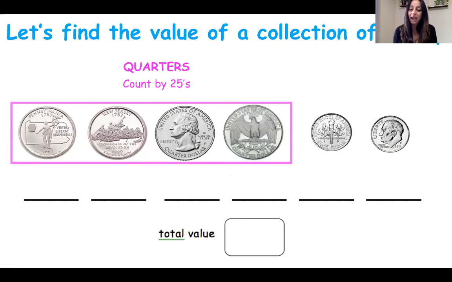Now, if you think back and think about when we learned about making $1, do you remember how many quarters we needed to make $1? Pause the video and shout it out. How many quarters do we need to make $1? Very good, we need 4 quarters to make $1, and that's what it looks like we have here. So let's watch how I count this. 25 cents, 50 cents, 75 cents, and now we have